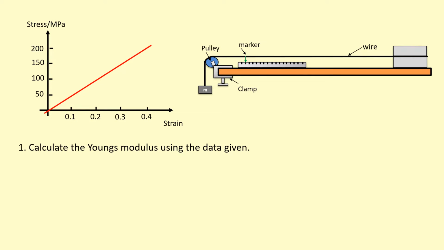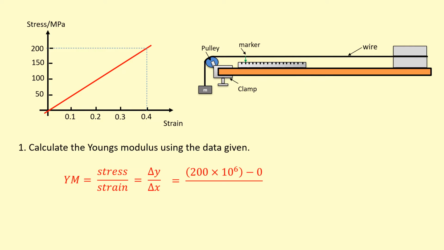In this example here, we have a stress-strain graph. Calculate the Young's modulus using the data given. So Young's modulus is stress over strain. And if you look at the graph, stress is on the y-axis and strain is on the x-axis. So if we do change in y over change in x, which is the gradient of this graph, we can get